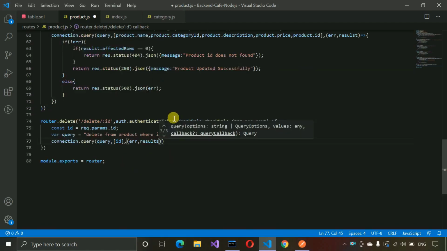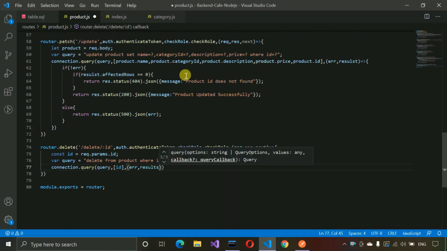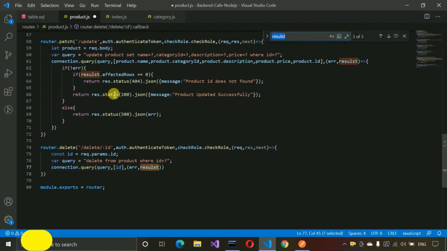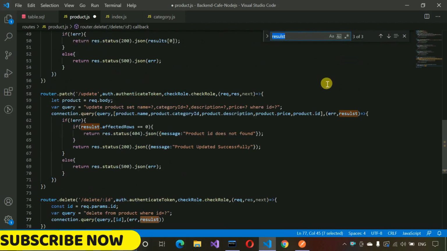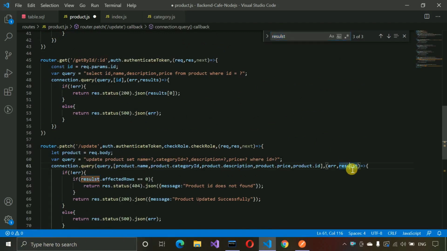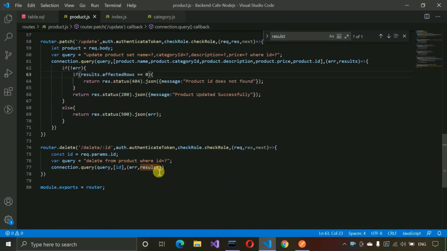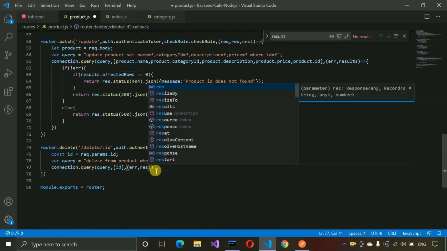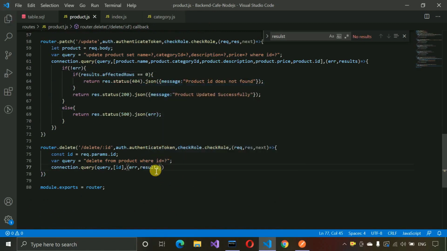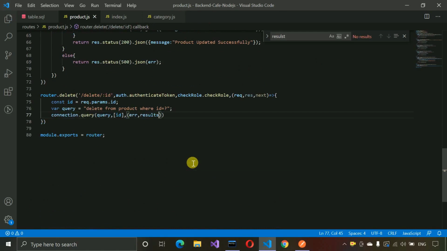Somewhere I think I wrote some wrong result because it was showing this one. Let me search where. Okay, here we wrote it wrong. So let me change this spelling, this one, and we're also going to change it over here. Now results, and after that we have to write this one,